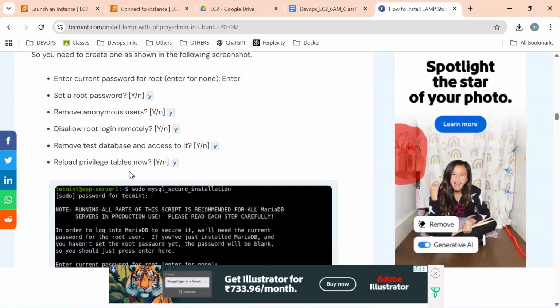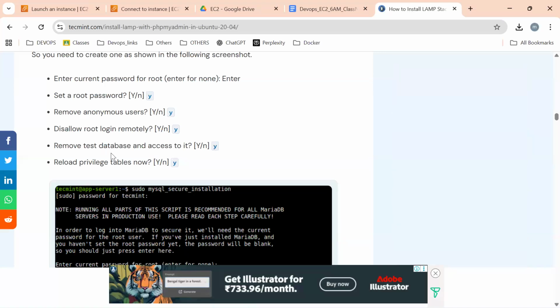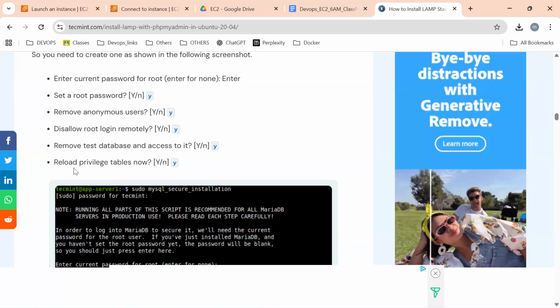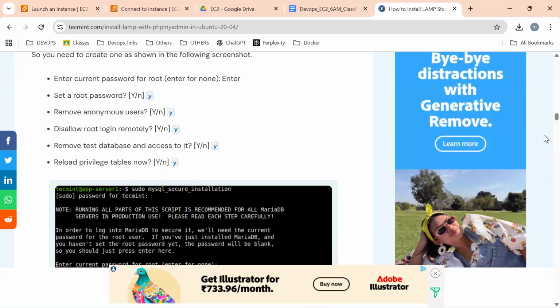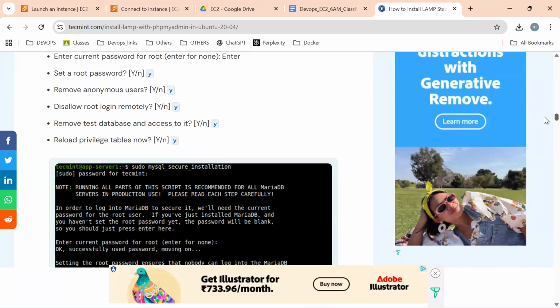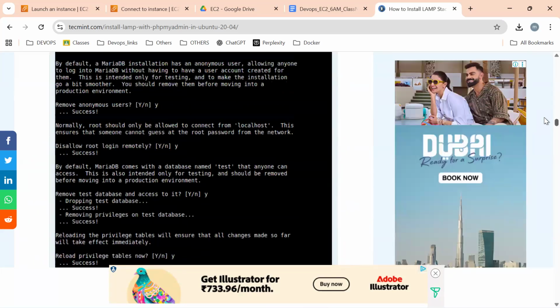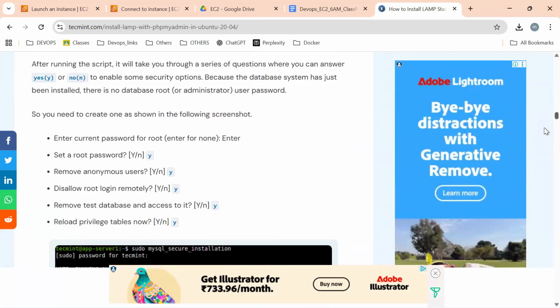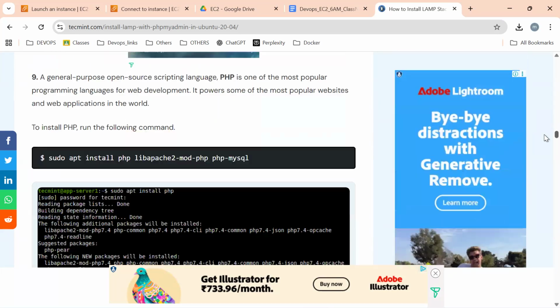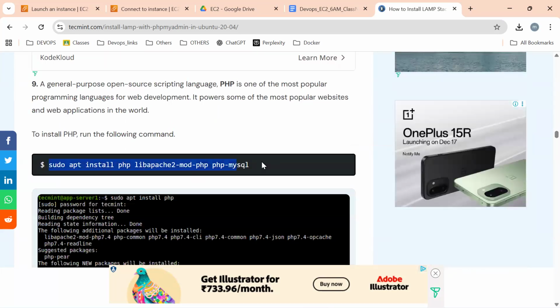All are yes. Password is yes. Remote access yes. Root login remotely yes. Remove test database yes. Reload the privilege tables yes. That's it. Okay. Please keep yes, yes only. Don't change anything. So once it is done, then we are going to install